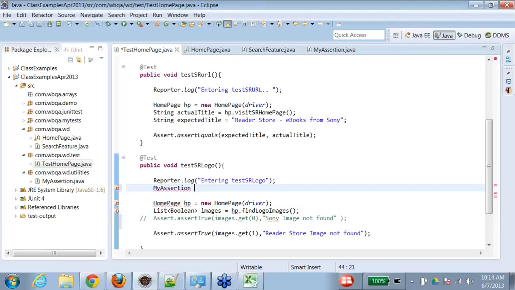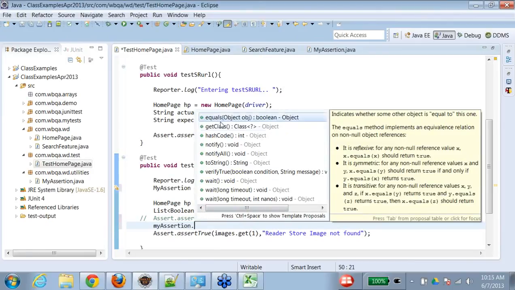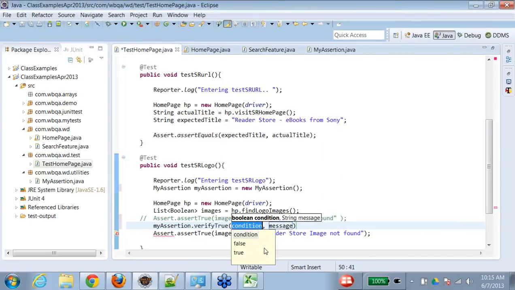Say my assertion is equal to new, import this package, and then what will you do? My assertion dot verify true,